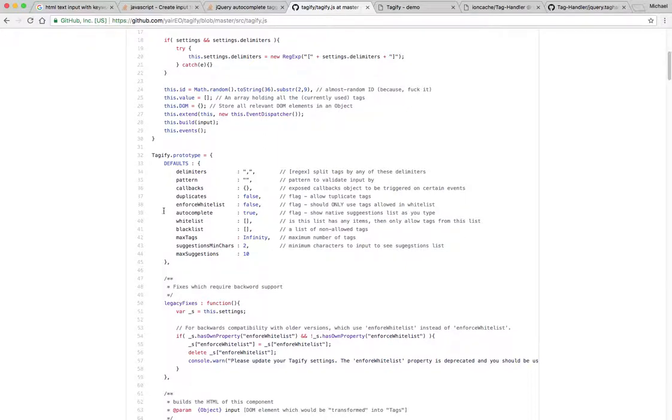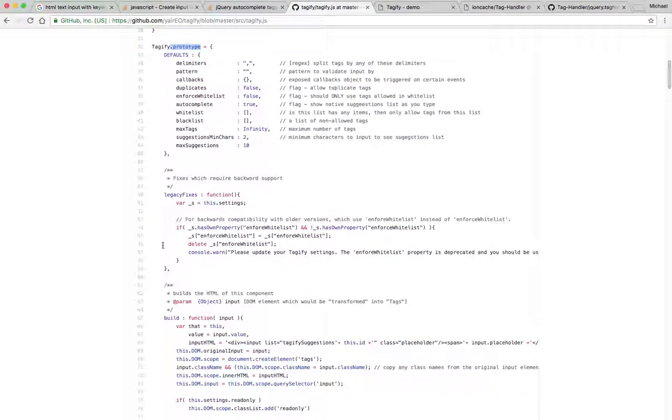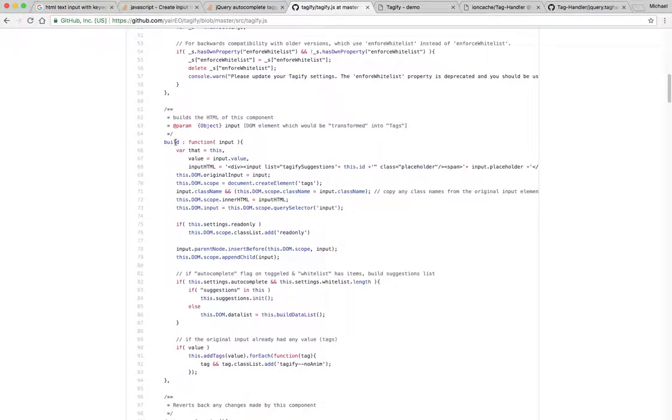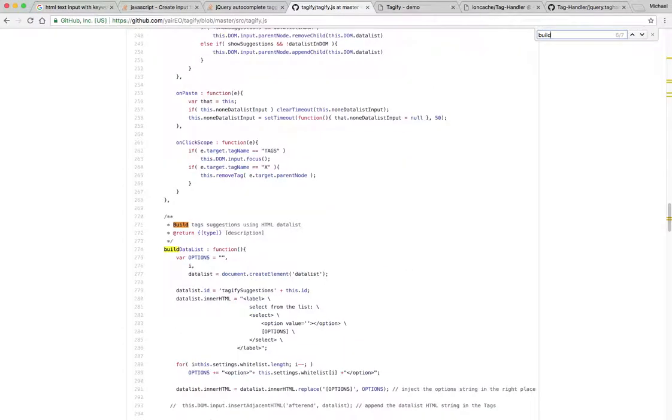Here we have our prototype. That's where we're going to be putting our functions. And this build function is pretty key. It is how it's actually building the HTML for the component, just like the developer is noting here. So we can check around where build occurs,